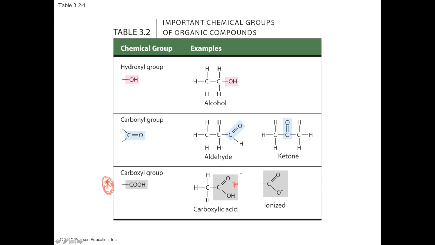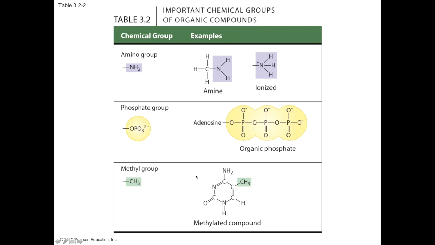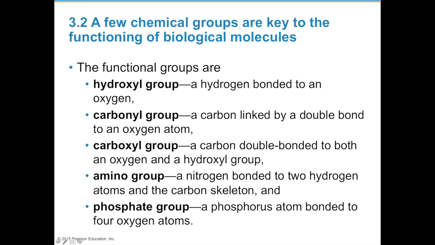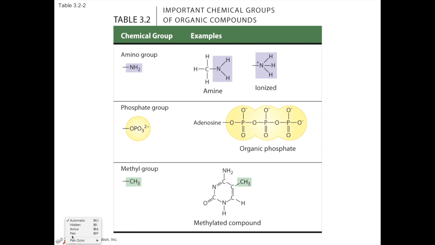All right, let's look at the rest of the functional groups. The amino group, I gotta go back for just a second. This is another one that you should definitely know. All right, you need to know amino. That's important. Again, amino is NH2, so this is an amine group. If it's ionized, you turn nitrogen into an ion by adding an extra hydrogen. This is fine here. Just know the amine group. The next one you should know